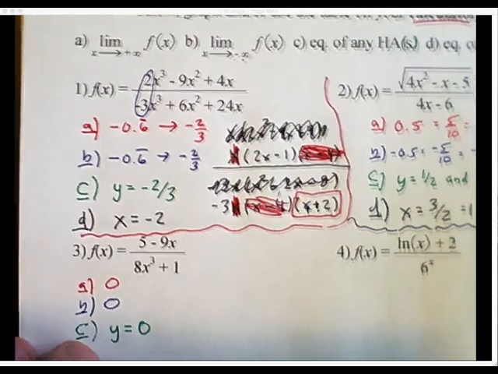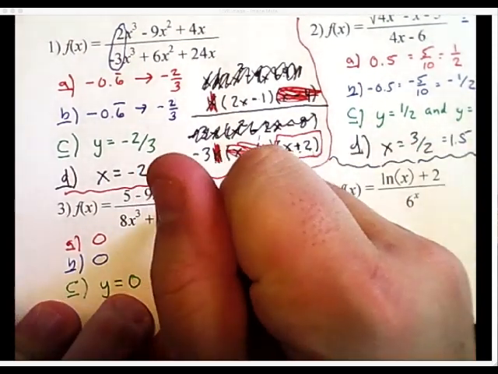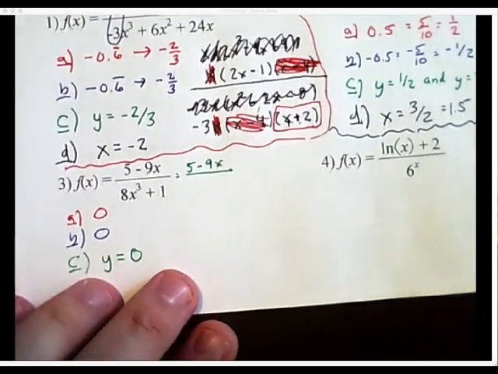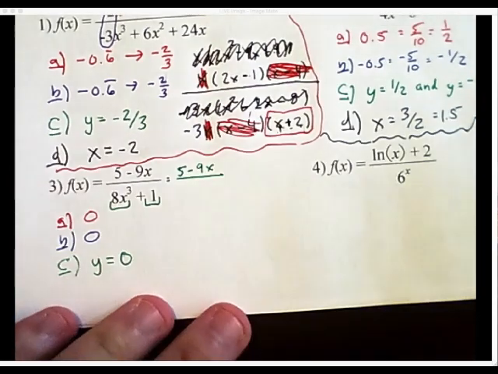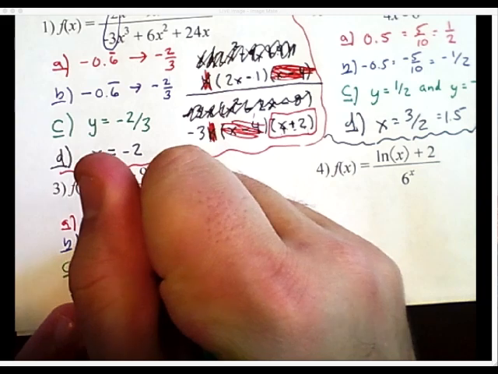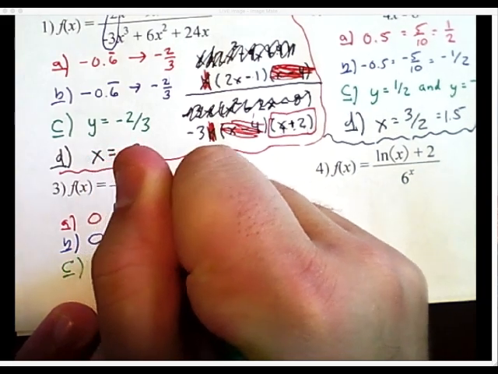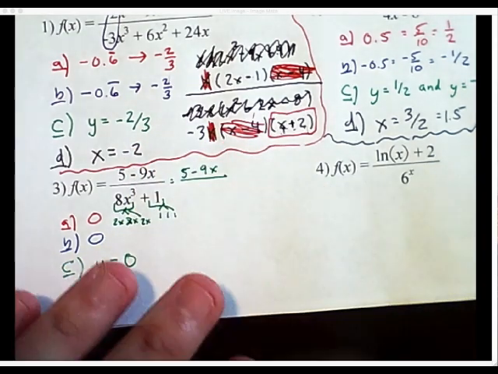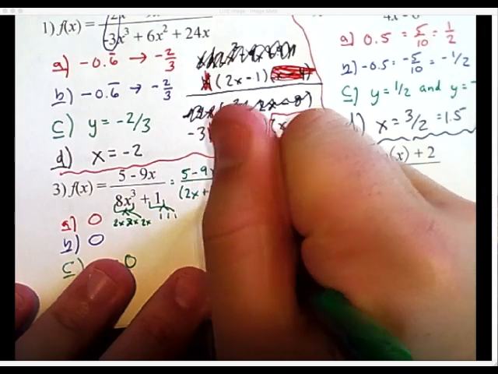Well, what you do here is you try to do some factoring. All right, now you can't do anything with the top. The numerator stays as 5 minus 9x. But this is the sum of 2 cubes. Okay, so here, how do I get 8x cubed? It's 2x times 2x times 2x. How do I get 1? It's 1 times 1 times 1. So that's actually going to factor into 2x plus 1